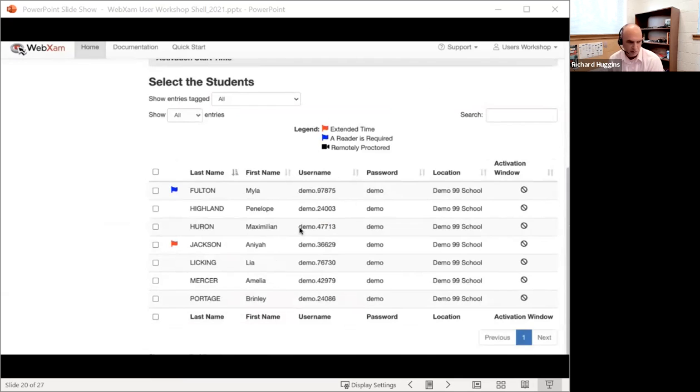If the student requires accommodations, double check that the appropriate accommodations are displayed for the student. A red flag will appear for students requiring extended time, and a blue flag will appear for students requiring a reader. Other accommodations are captured by the red flag as well. If you do not see a student that you expect to be in a list of activatable students, there are